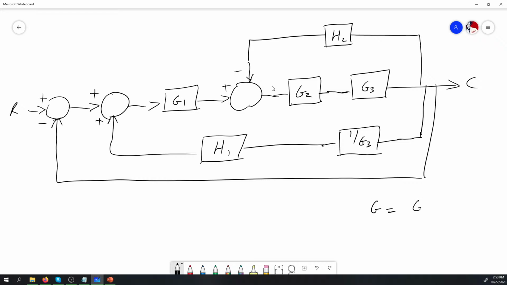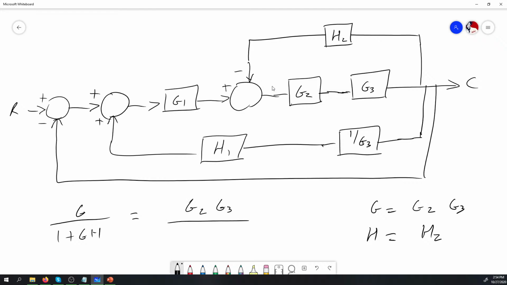G is equal to G2, G3. H here is going to be equal to H2. And we know that basically it's going to be G divided by 1 plus GH for a negative feedback system. There's going to be G2, G3 divided by 1 plus G2, G3,